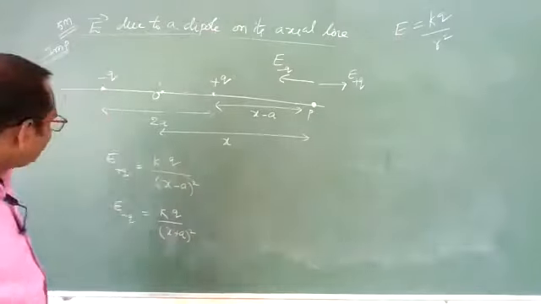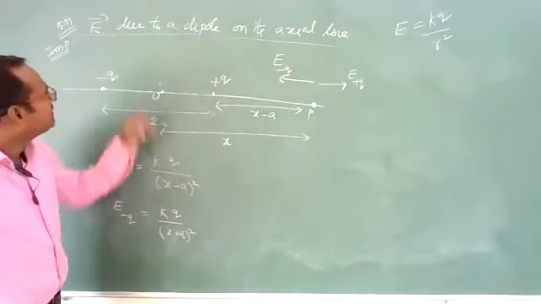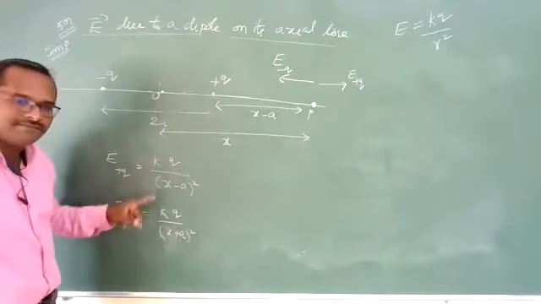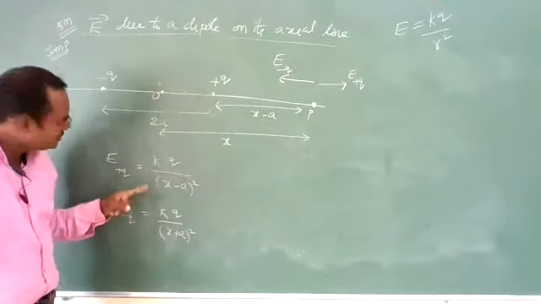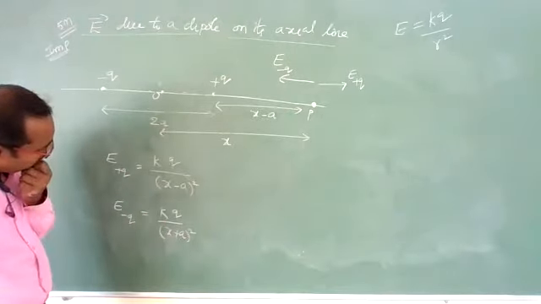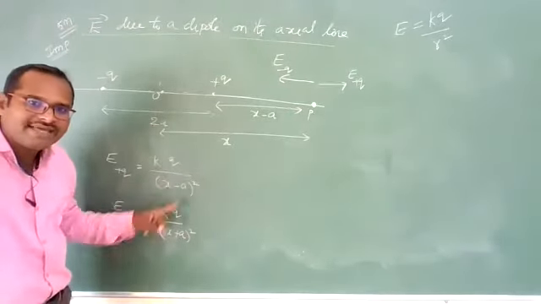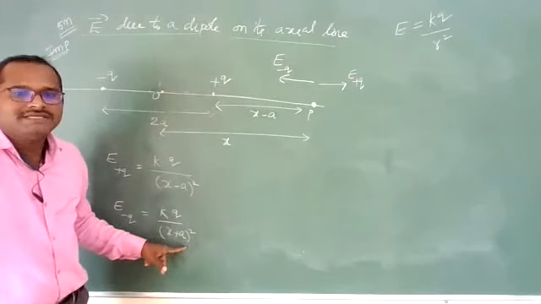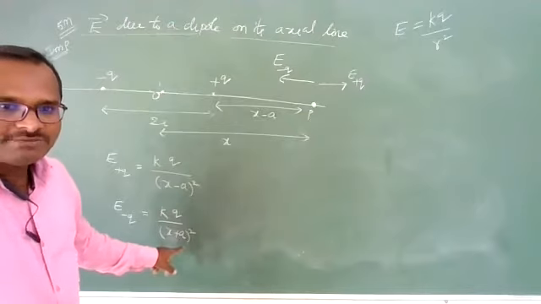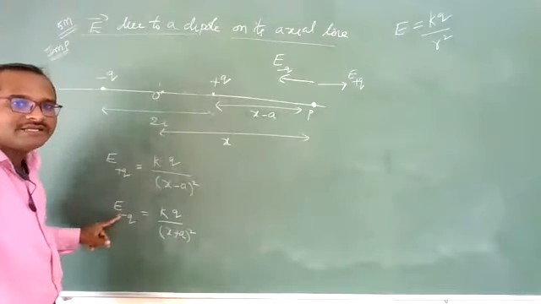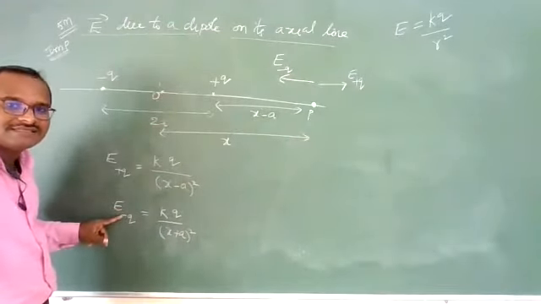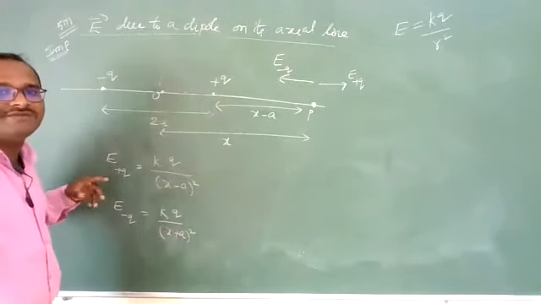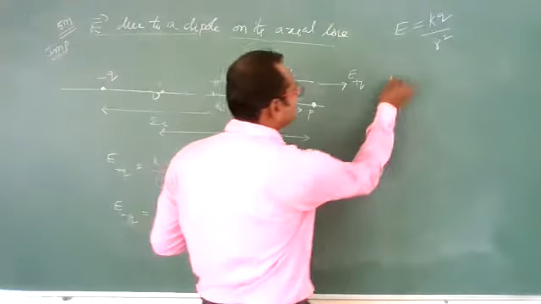Yes. Now, among these two, see, charge Q will be the same. The magnitude will be the same for a dipole, I told you. And K value will be the same. Now, the numerator is the same. See, in the denominator, which is more? x minus a more, or x plus a more? x plus a is more. So in the denominator, x plus a is more. Means the electric field due to the negative charge is less. x minus a is less, means the electric field due to the positive charge will be more.